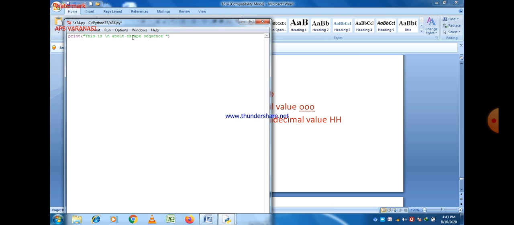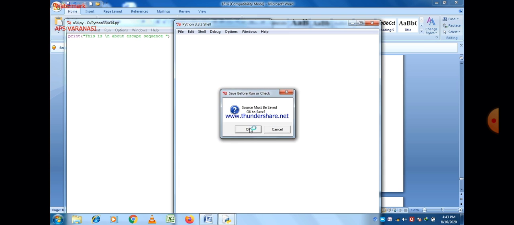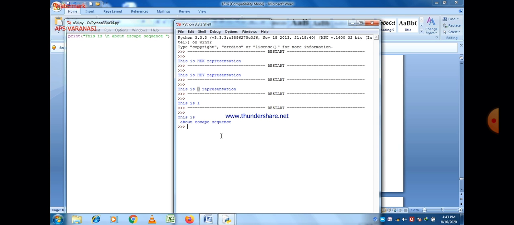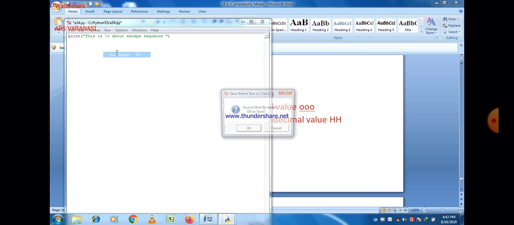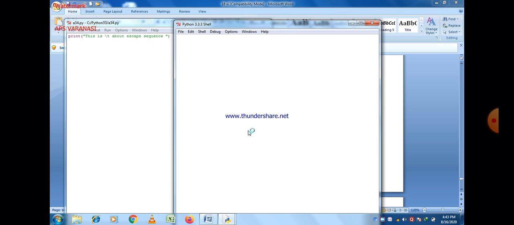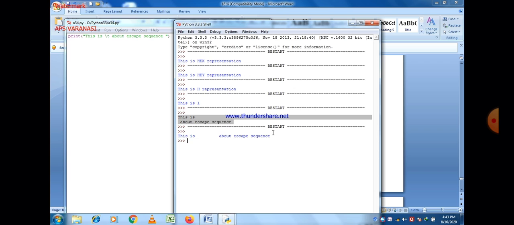Now just write two different strings here separated by \n. \n is written between them. You can see that the line break is there. And if you write \t in place of \n and execute this program, you can easily see that the tab space is there. That is the output.